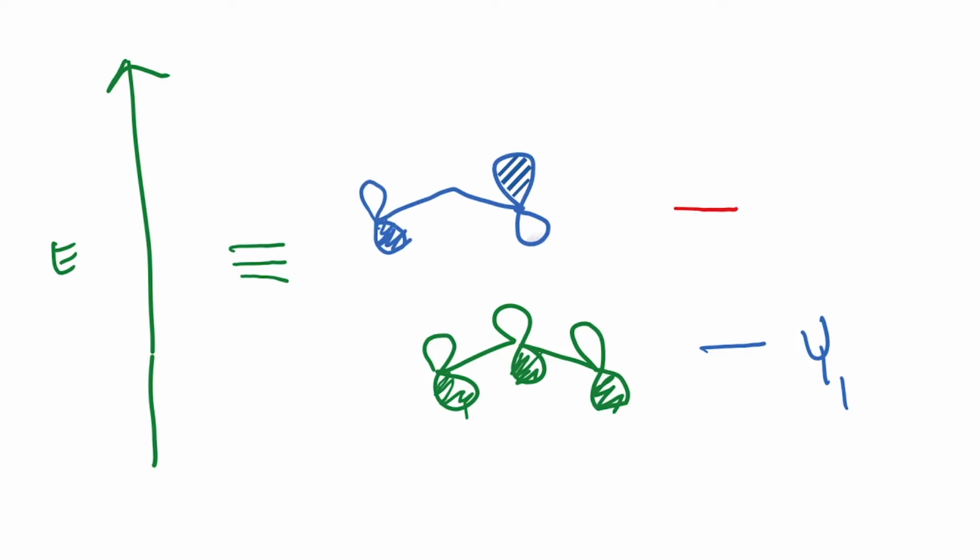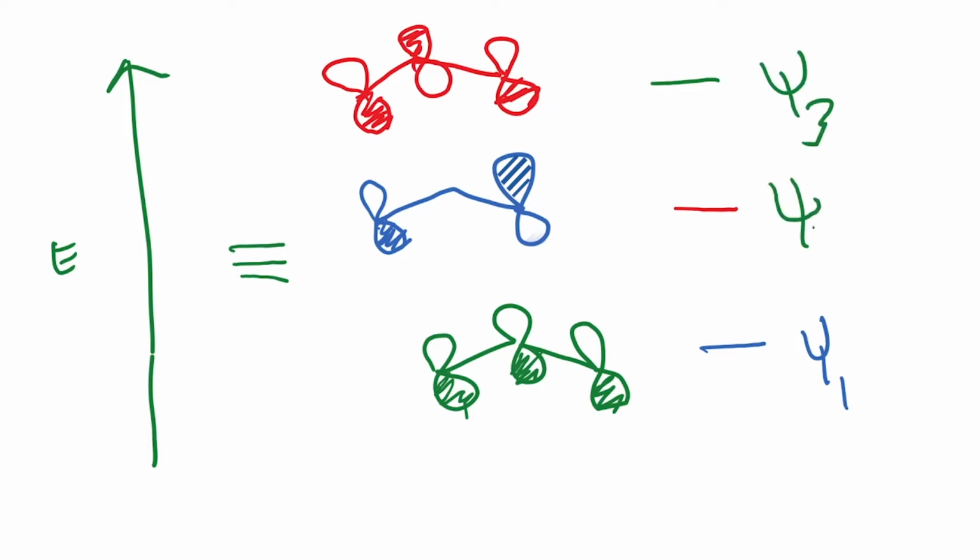And now the third orbital that is going to be produced is the orbital where the signs are actually opposite to one another, which produces an unfavorable situation. So that would be psi 3. Now in the case of the allyl anion, you have two electrons from the pi bond and two electrons from the negative charge. So the way we would draw it is this. These two are actually filled.